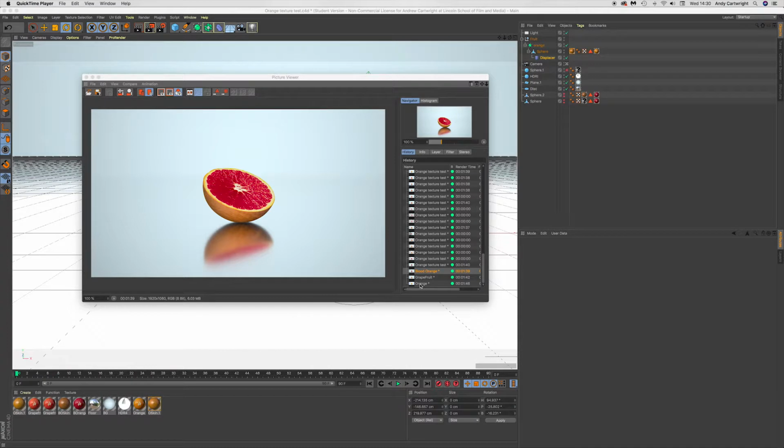So this is the original image, and because this looks so good anyway, it looks quite photorealistic, just having this with the slight color change actually sets it off quite nicely. I think the angle at which the fruit is at is quite complementary. So yeah, it's quite nice. I do like the blood orange, and I have played around with the different skin textures as